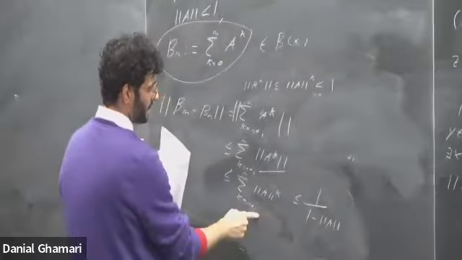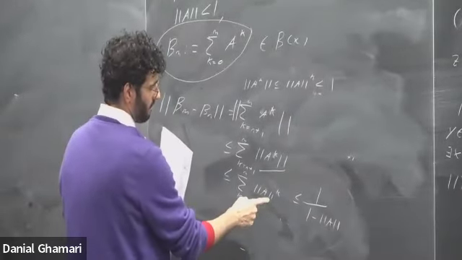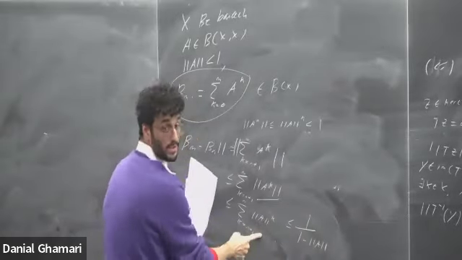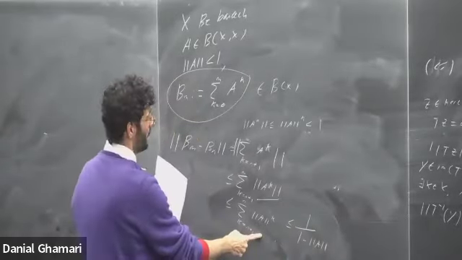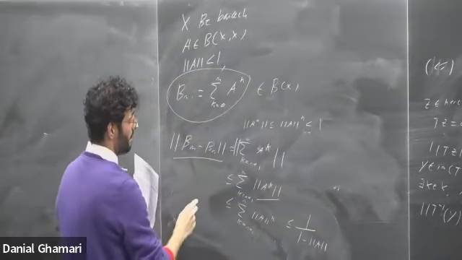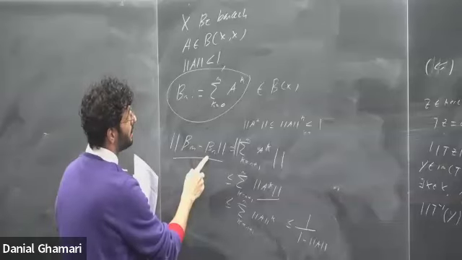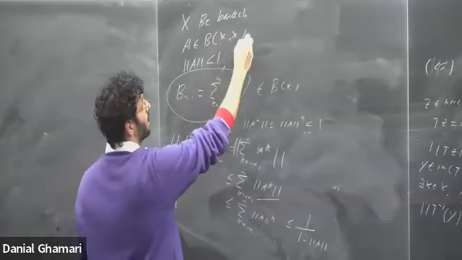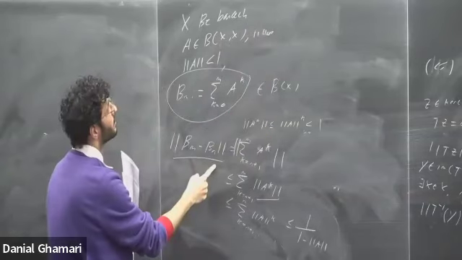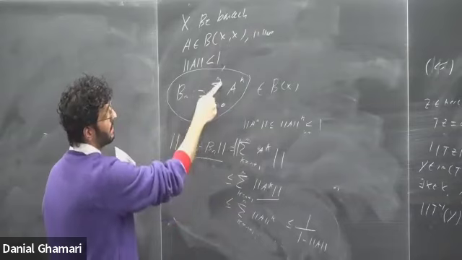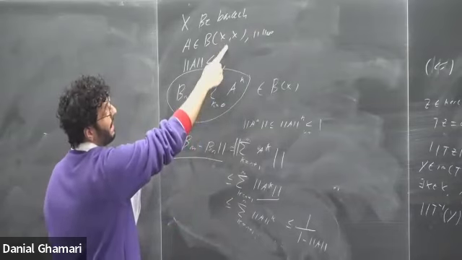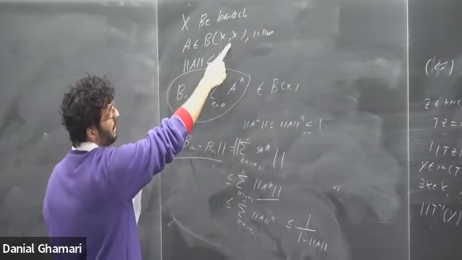Right? So I have basically that this partial sum converges. It converges in the real numbers. Therefore, this here is Cauchy. So therefore, this here also has to be Cauchy. So what I have then is a Cauchy sequence in a Banach space where I use the operator norm. Therefore, this sequence converges. Then I can take the limit as m goes to infinity, and it converges to something in B(X, X).